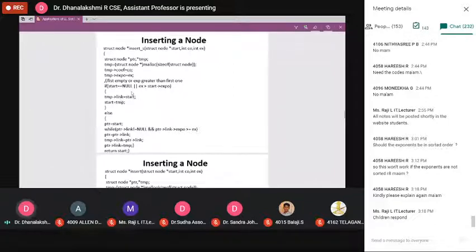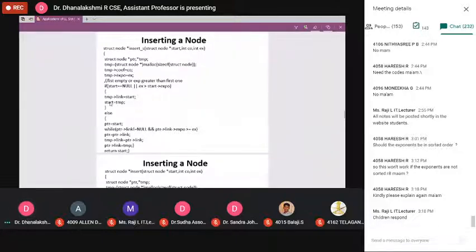Our list is empty. So temp link, that is next part, link is nothing but next part. Temp of next is equal to start, that is we store the starting address. Whatever address is inside that start pointer variable, you assign to temp of next. Then this is a starting node, so you can take this temp as the starting position.